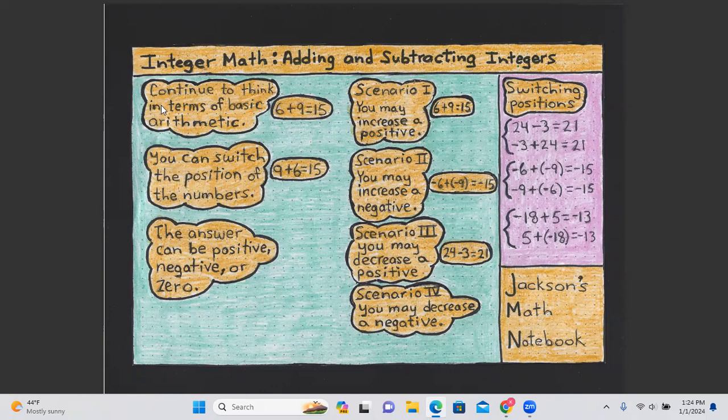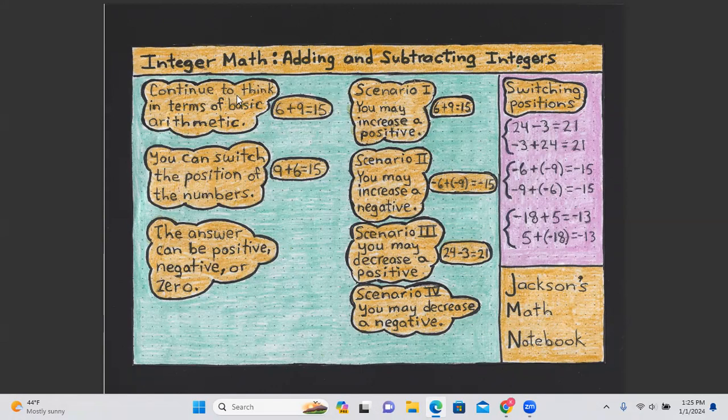Let's start with the first cloud. Continue to think in terms of basic arithmetic. 6 plus 9 still equals 15. Sometimes we lose sight of that when we see positive and negative numbers interacting with one another, but still keep